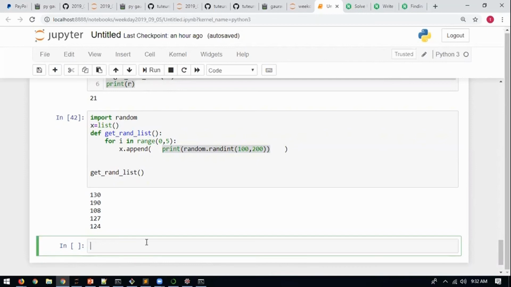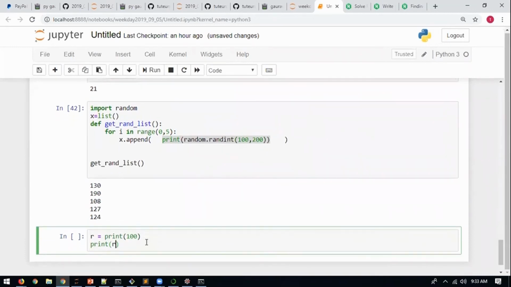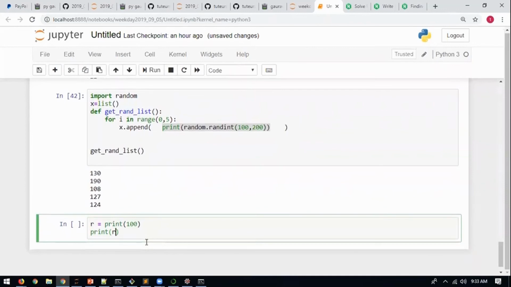Yeah, you did. What did you get there? You got None. Remember, r equal to print of something. So if you say print(100), let's say, and I store it inside r, what will be present inside r? None. Print always returns None.